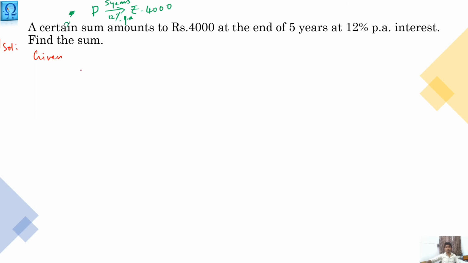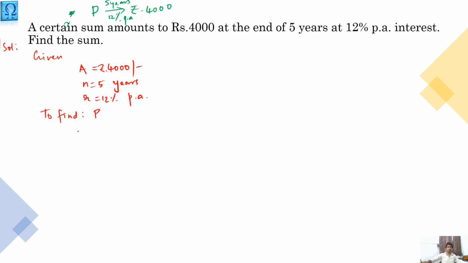We are given that A is rupees 4000, right? N is 5 years, and rate of interest is 12 percentage per annum. And what? We need to find out